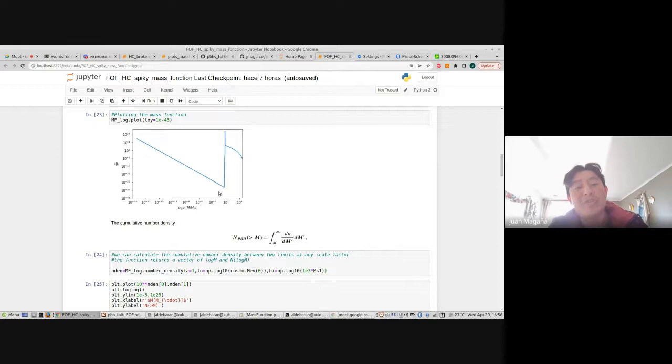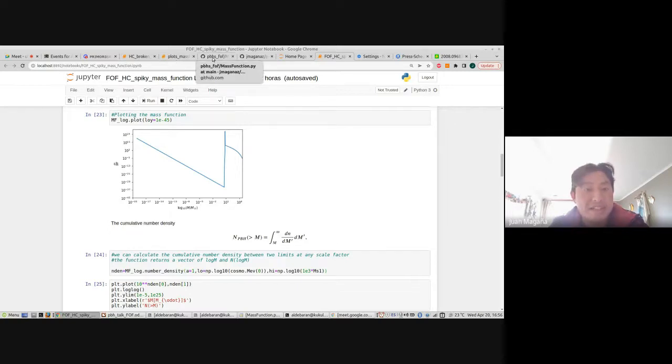And we also perform another integral to calculate the area from this mass to this mass, covering the peak or the spike. After that, we add the integral between this mass and the maximum mass of the distribution. And this is a modification of the Joaquin code.